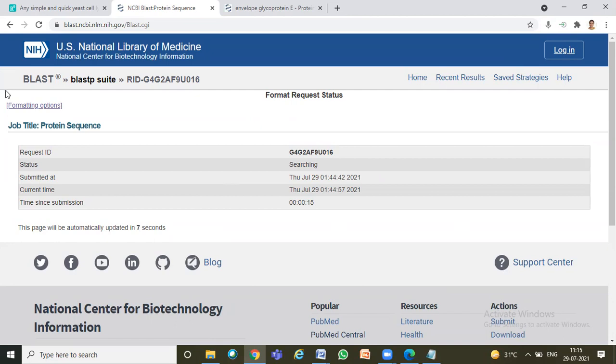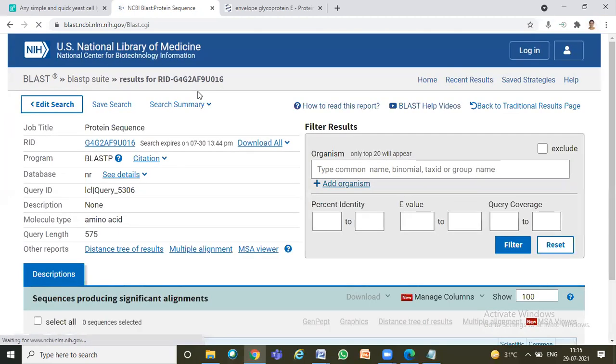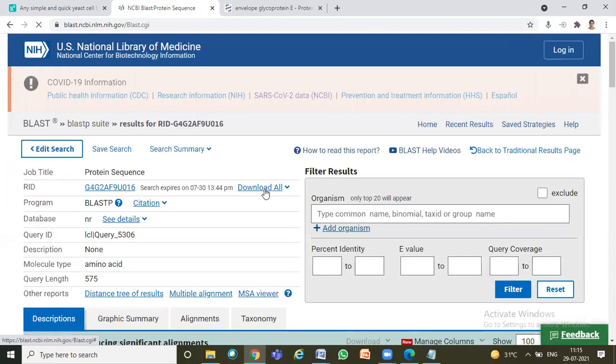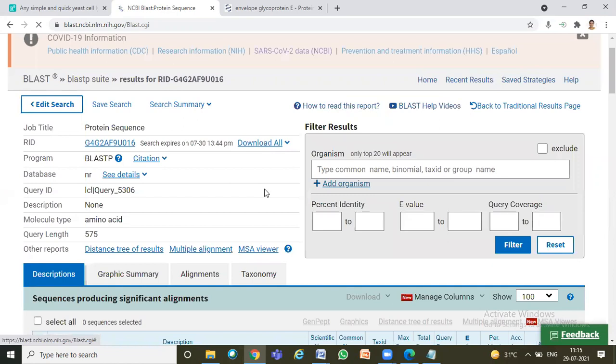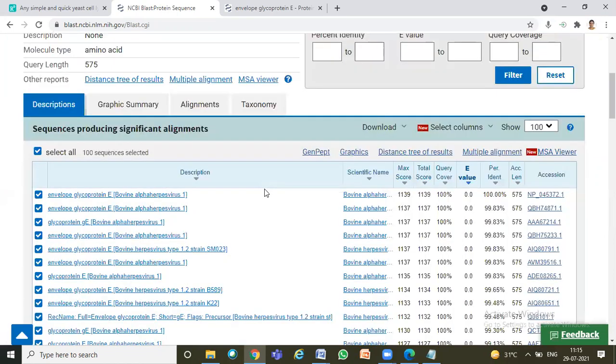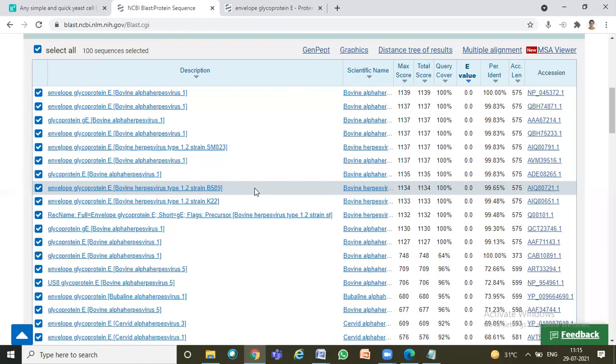So the actual procedure is to go to NCBI protein, search one protein from there and get some closely related proteins. But BLAST is a shortcut way. Once you understand BLAST, you can do it, right?